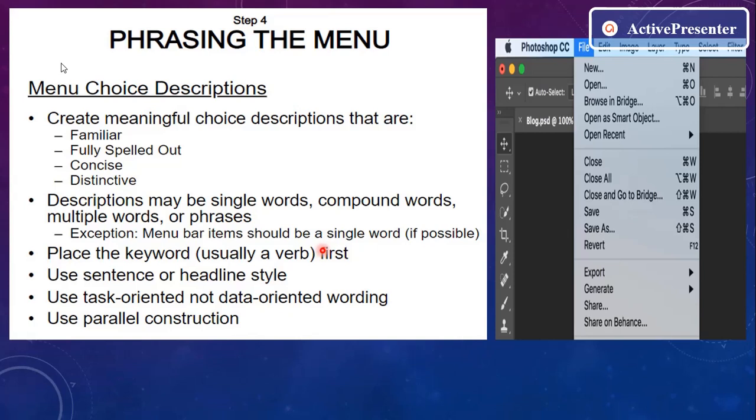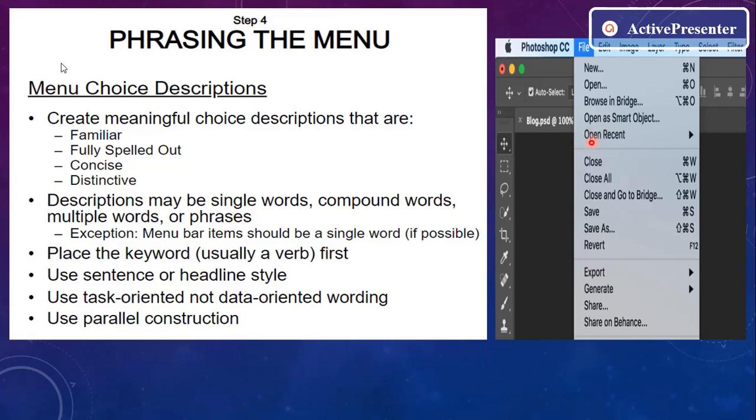Whenever you are having, for example here, open recent, it has multiple words in this particular description, is it? But which is the verb here, or what exactly does it do? It's opening, is it? Opening is the particular function being done here, so that has to appear first.